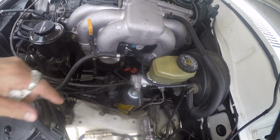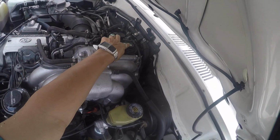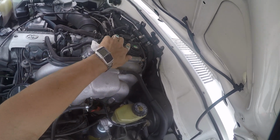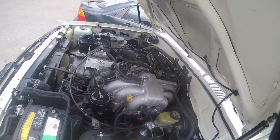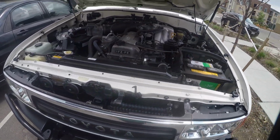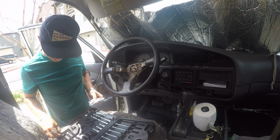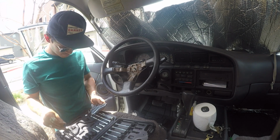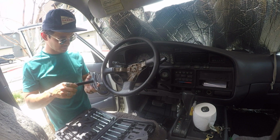And I think that's where you should start. Start with all your fluids. Start with the brake fluids. Start with your oil. Start with your transmission fluid, all your gear oil, all your axle fluid, your transfer case fluid, power steering fluid, radiator fluid. If you're lucky like me, you'll get it with only 10 owners previously before you, and you have no idea what it is that they've done, what's been